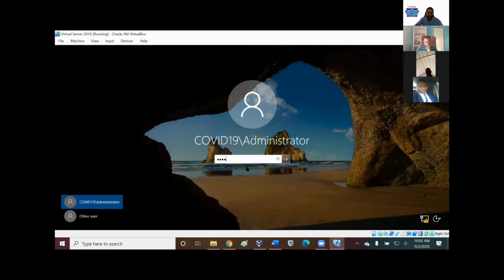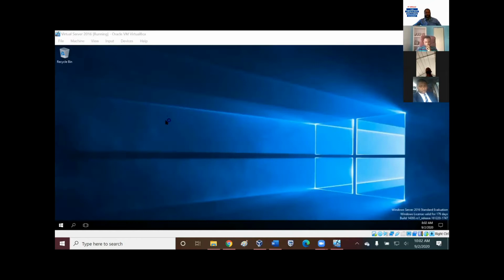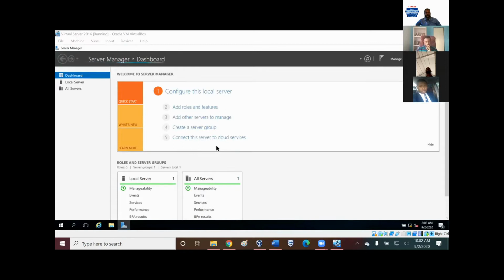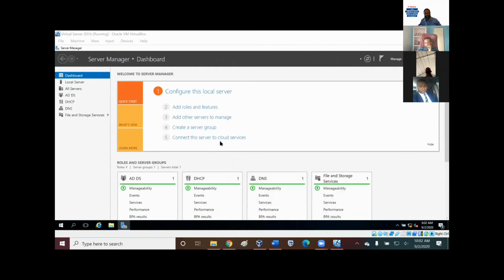So we log in now, and then what do we see? I don't know if you understand what I just explained, but what I mean now is this system booting now is different from the system that booted before we completed the Active Directory Services configuration. What I'm trying to say in one word is that this system is now a domain controller for the domain